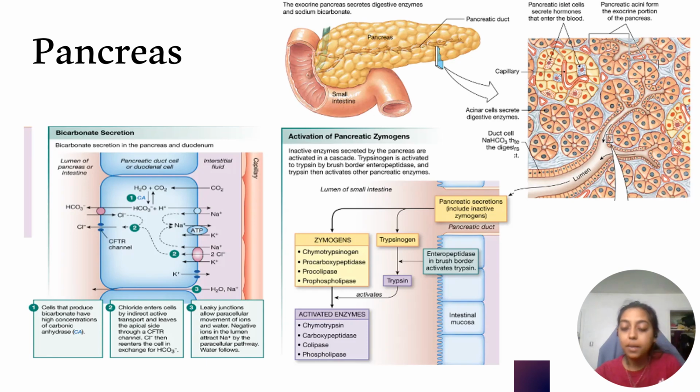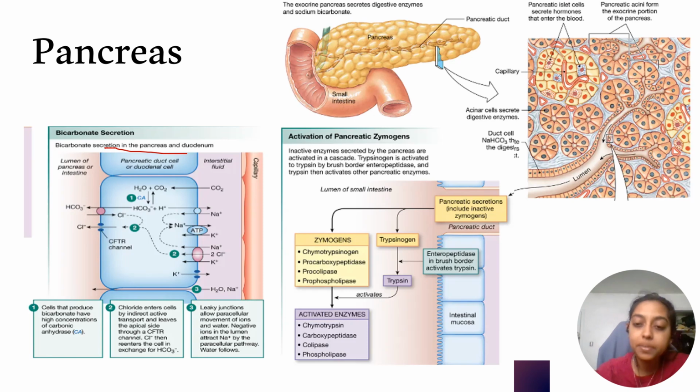And the first thing the pancreas secretes is a lot of bicarbonate solution, so sodium bicarbonate solution. And this bicarbonate secretion happens to the chyme as soon as it comes out of the stomach into the duodenum, or the first section of the small intestine. So food goes through the mouth, through the esophagus, into the stomach, and as it comes out as chyme into the duodenum, the pancreas secretes through the pancreatic duct a